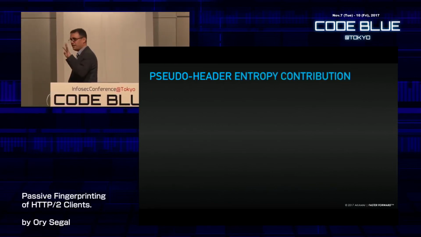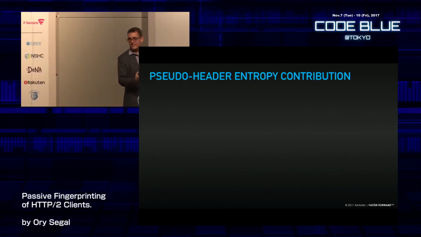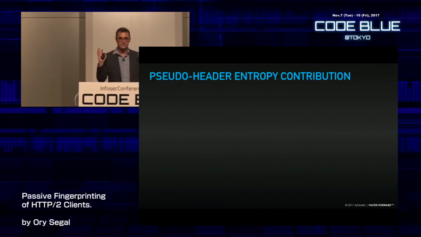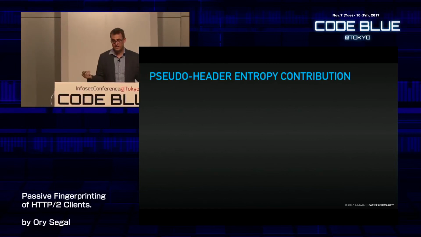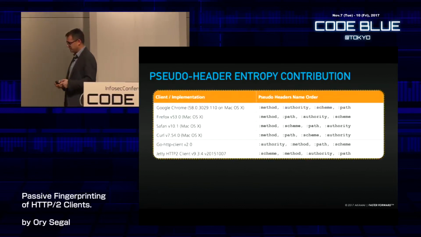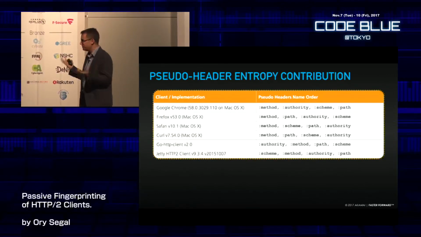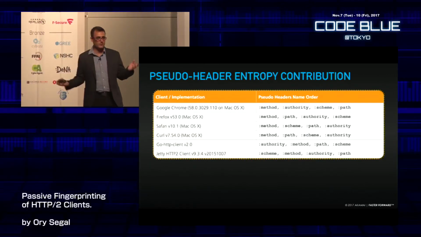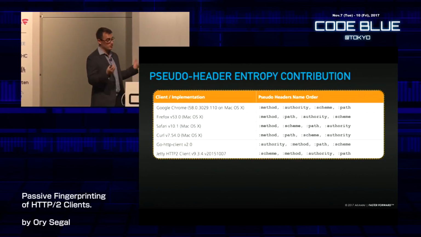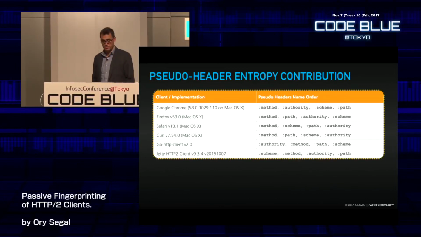So, 4 headers, how many combinations can you actually get from this? How much entropy can you actually get from 4 header names? We all know combinatorics. However, for some reason, every single client that we checked had a completely different order, which is ridiculous because it's so simple. Just pick one and go with the rest of the crowd, but they wanted to be special. So each of the clients put the headers in a completely different order, which is very cool if you're trying to fingerprint. That's some more bits of entropy.